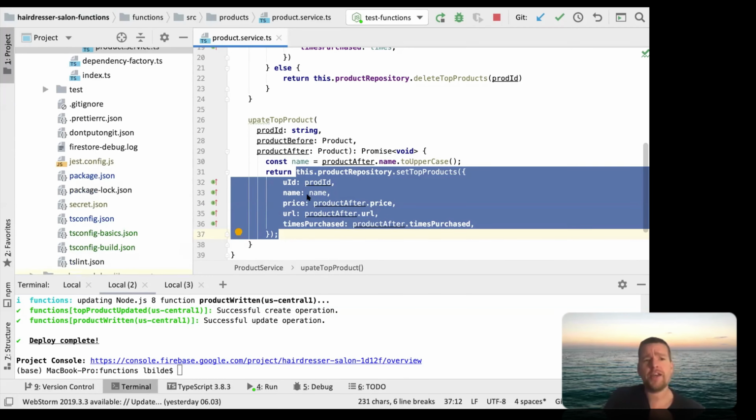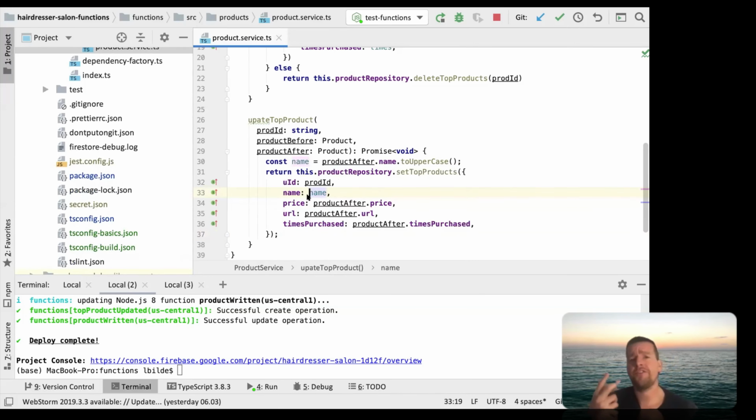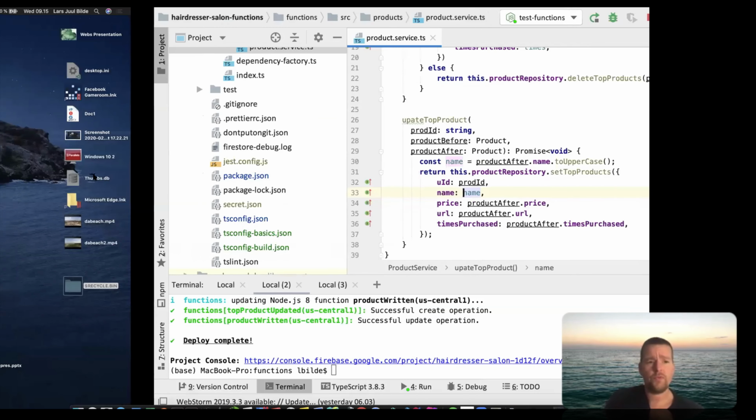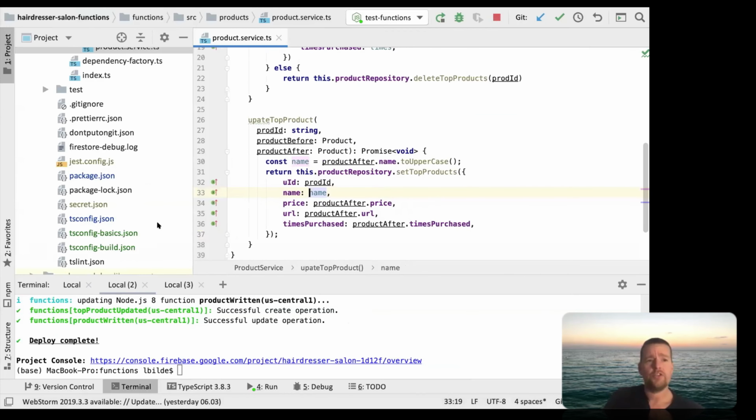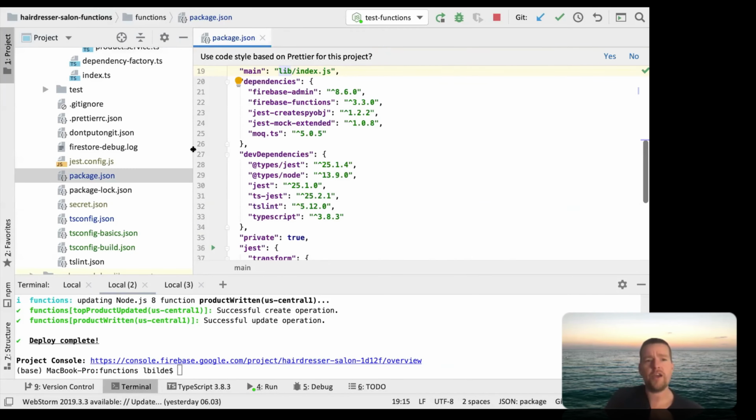In order to do that, we have to get an understanding about a few things. First of all, we need to understand what these tsconfig files are all about. And you also need to understand what your package.json file is all about. So, no questions. Let's start with the package.json file, because I know that most of you have already looked at